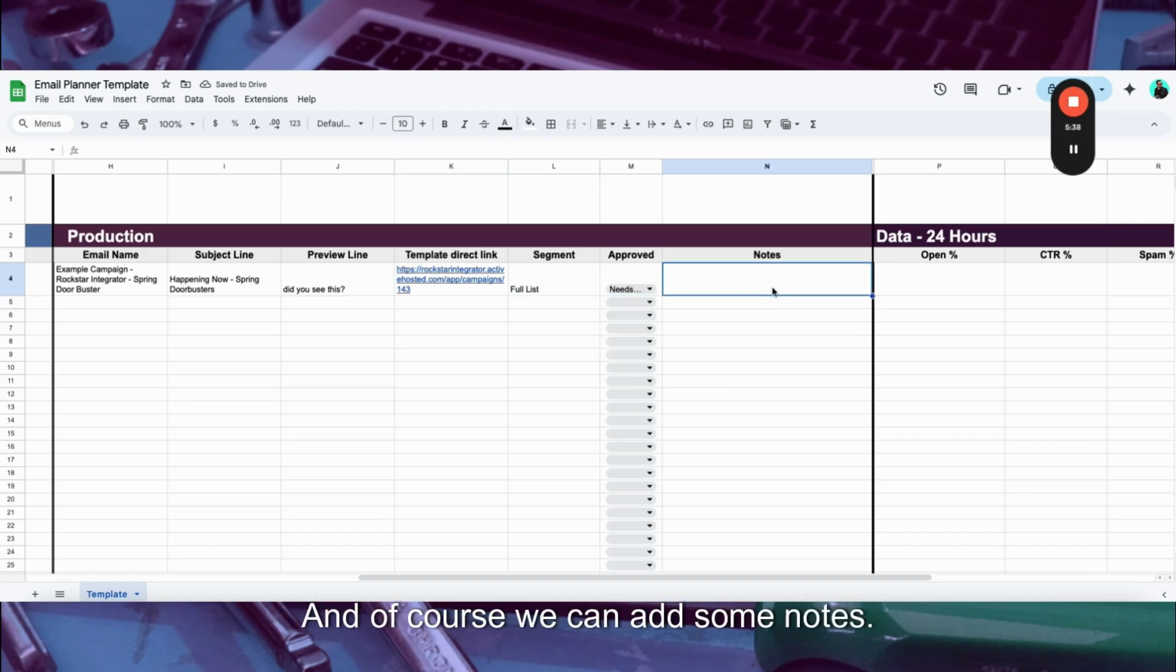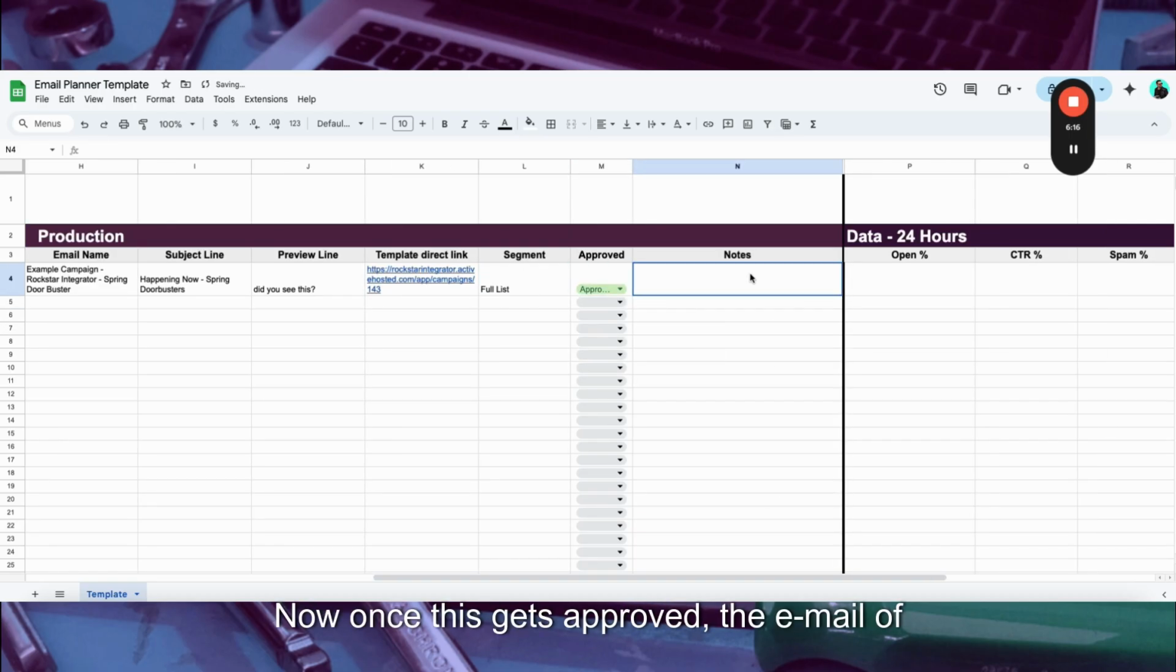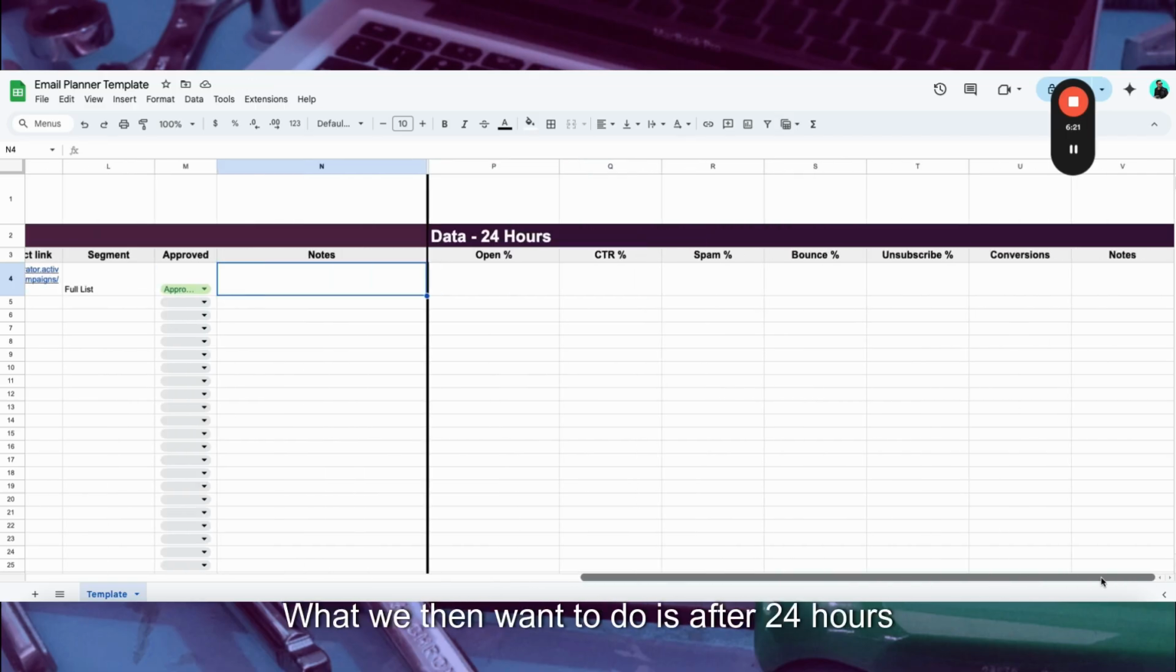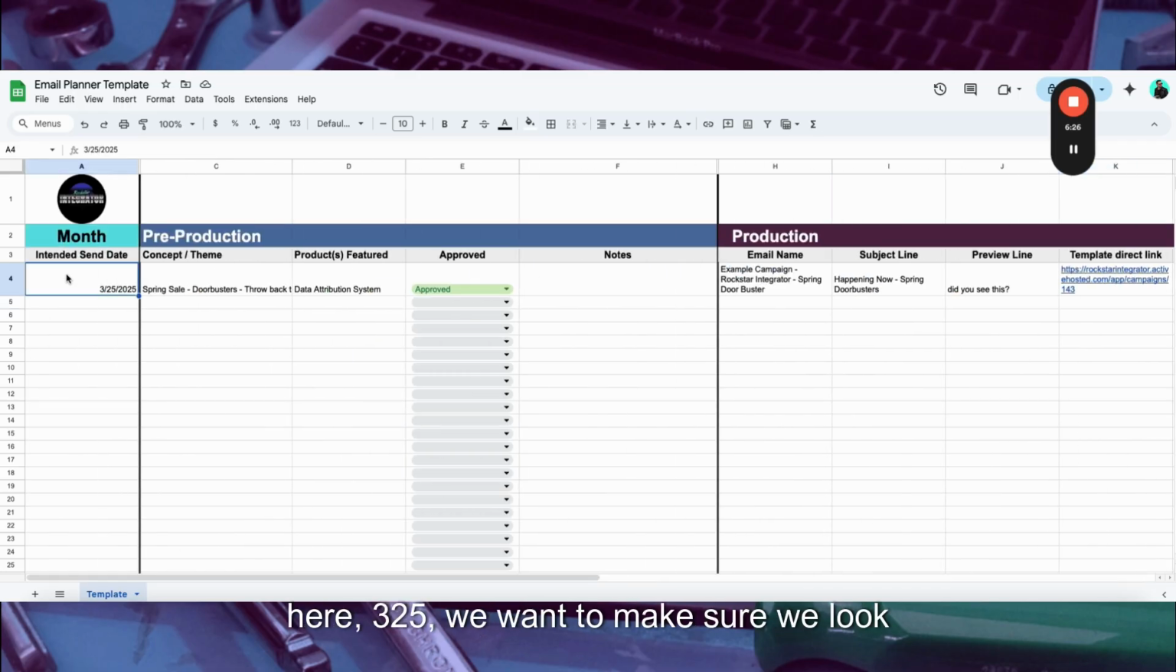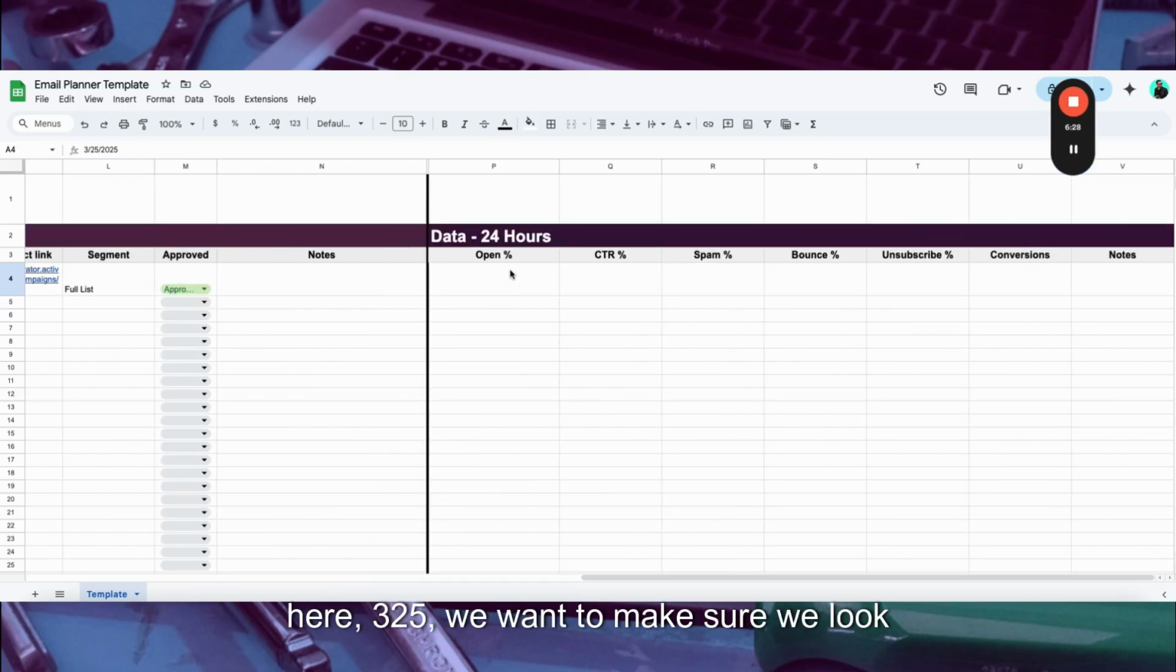And of course, we can add some notes. Now, once this gets approved, the email, of course, will be scheduled to be sent in the email software. What we then want to do is, 24 hours after the send date, so for example, right here, 3/25, we want to make sure we look here on 3/26 and see what our open rate